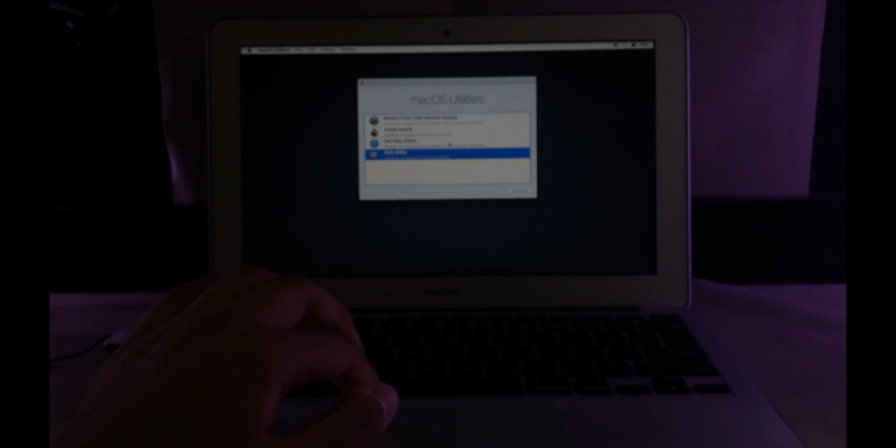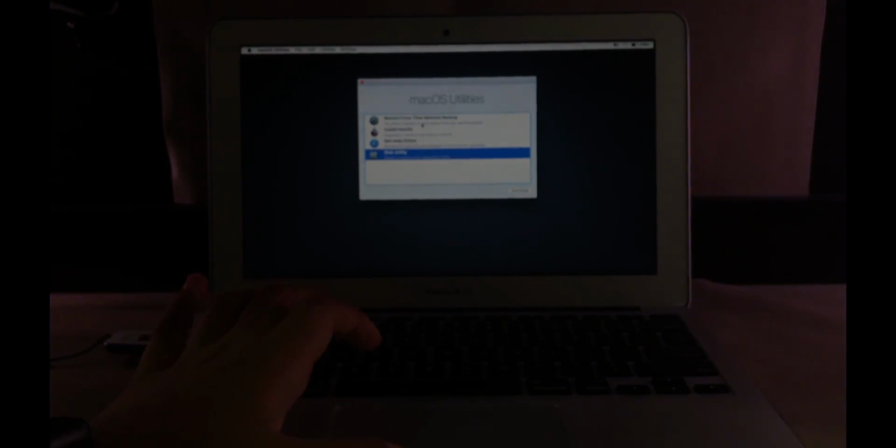Okay guys, so when your computer turns on, the first thing you want to do is open up Disk Utility. Do not hit Install macOS yet, and I'm also going to show you what you can do if you have a Time Machine backup. So what you want to do is hit Disk Utility, hit continue,